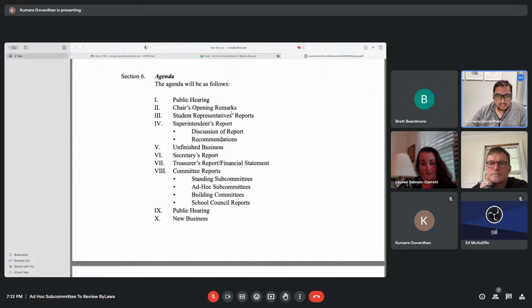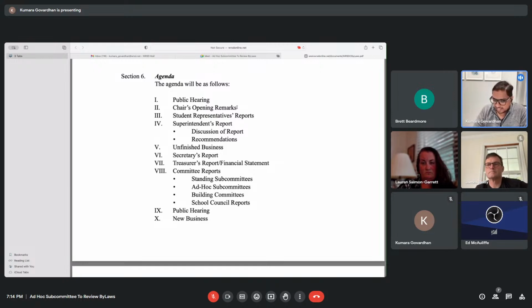So let's see. Okay, correct me, guys, if I'm wrong. I think in Robert's Rules and basically every meeting I've been to, when somebody calls the meeting to order, they list the time and it's an official demarcation of the meeting, right? But look at item number 2 here about the chair's opening remarks. I always thought the call to order and the chair's opening remarks were one and the same. So I guess we can put that down too.